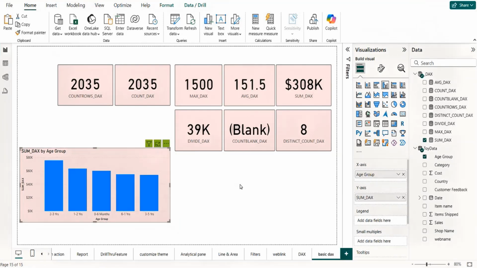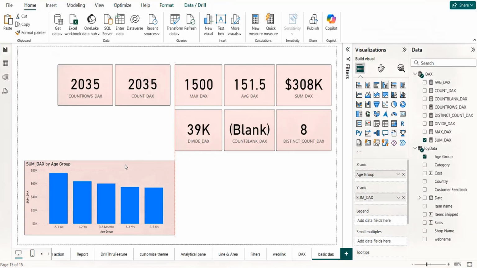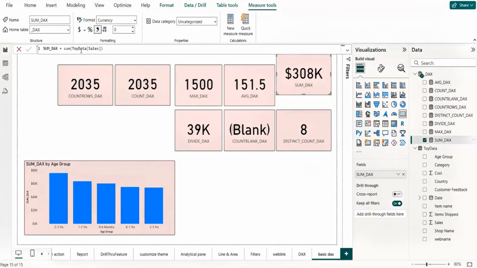When you create pivots in Excel and you drop the sales in front of the age, let's say, what happens? Automatically age-wise data splits, right? So this is called the filter concept in DAX. This DAX is created on the overall sales, isn't it? This formula. But the moment you put this in any visual,